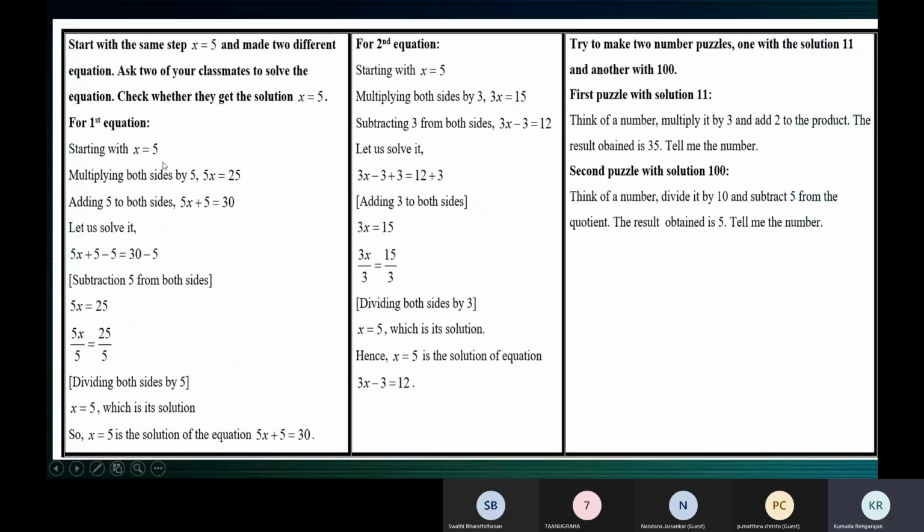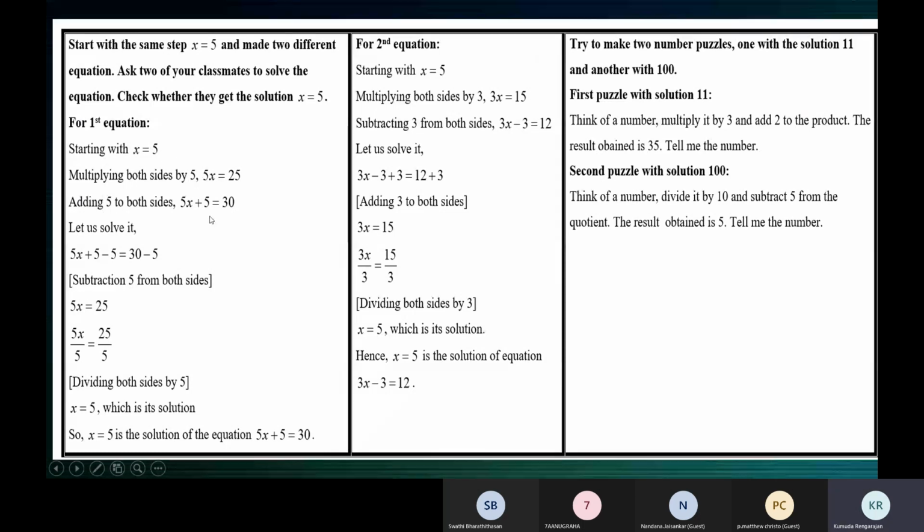So, x is equal to 5. Multiply both the sides by 5. You can multiply both the sides by 5, 6, 2, minus 1, whatever. We are creating the question now. You can multiply both the sides by any number, not 0, any number. So here they are multiplied by 5. When you multiply both the sides by 5, what do you get? 5 into x is 5x. 5 into 5 is 25.